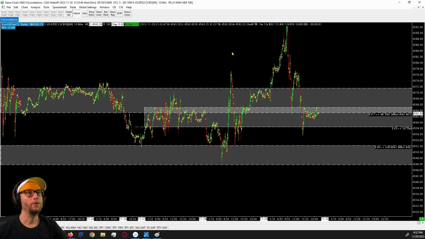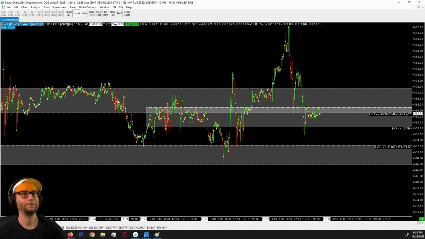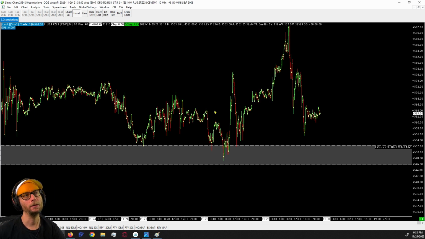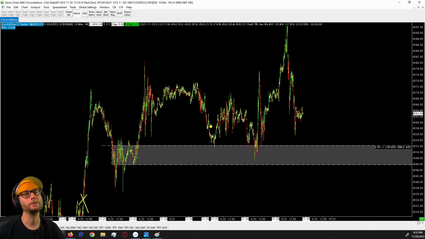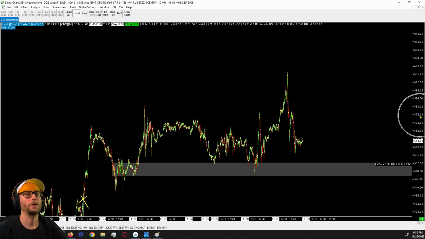So they blow through these. Now there are other little PVAs in here, but for the sake of looking at a 10-minute, they just absolutely decimate them. So once these white boxes or these PVAs get traded all the way to target, meaning the other side, you delete them. Okay. And then boom, it goes up like so.